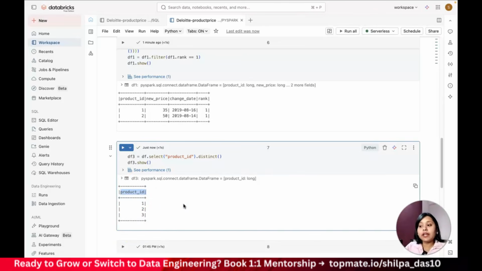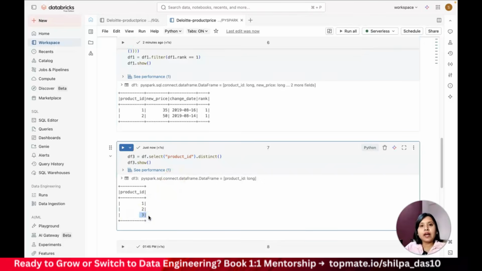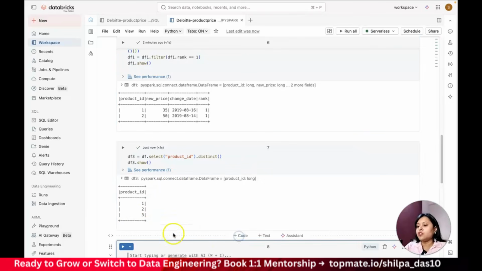Now what I can do is join this particular product ID with my previous df1 that I created, right? And by combining both of them, I can go ahead and give the value for product ID 3 as 10. So I'll create another data frame in which I'll do a df3